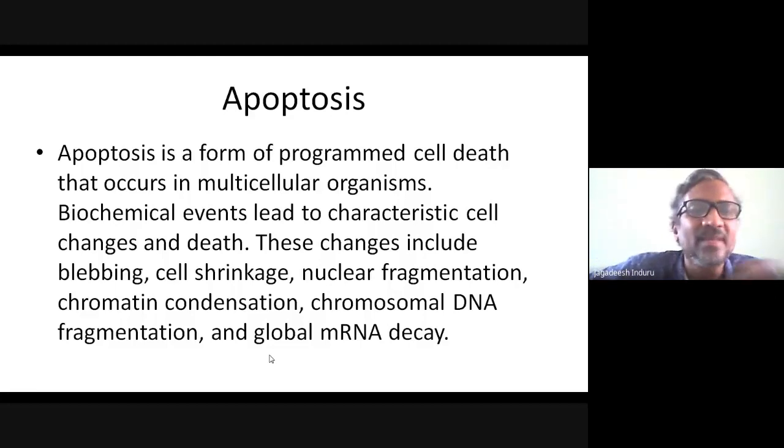So these are all the pre-programmed conditions which have already been coded and are present in the DNA structure of our body, which is present in a single cell. It is already coded. So at a particular point of time, that particular gene will trigger to liberate some extraneous materials or chemicals that will cause these chemical changes and events that will characteristically make the cell die. The changes include the blebbing and the cell shrinkage, nuclear fragmentation and chromatin condensation, and